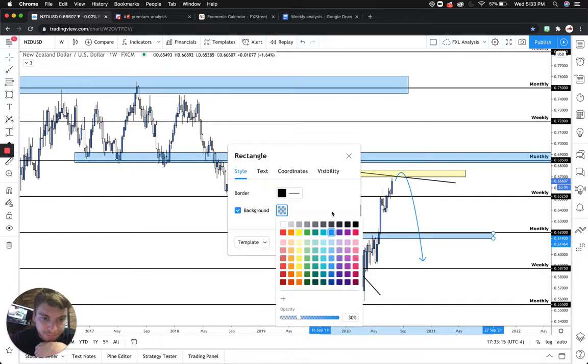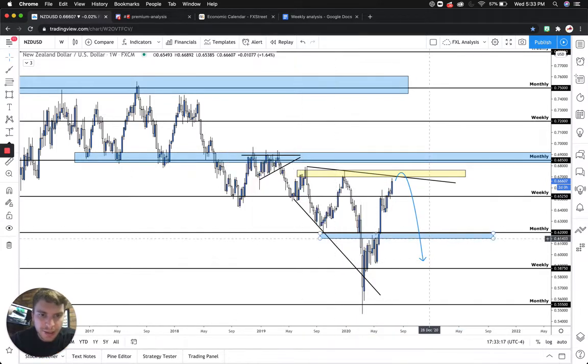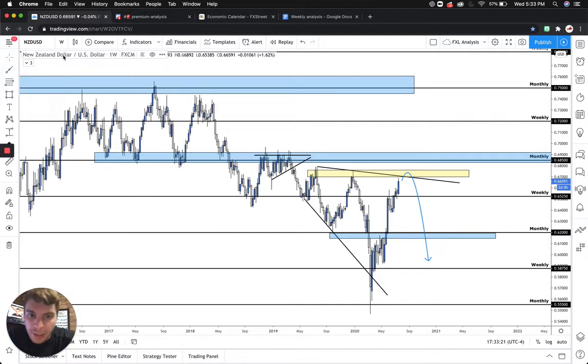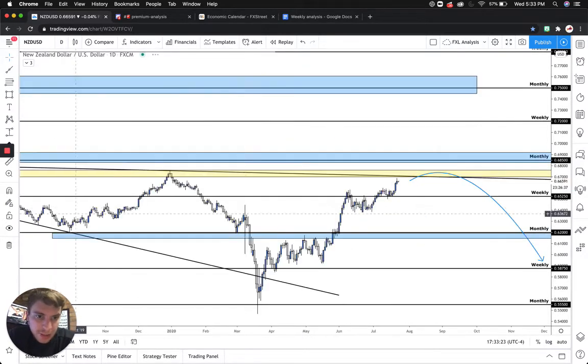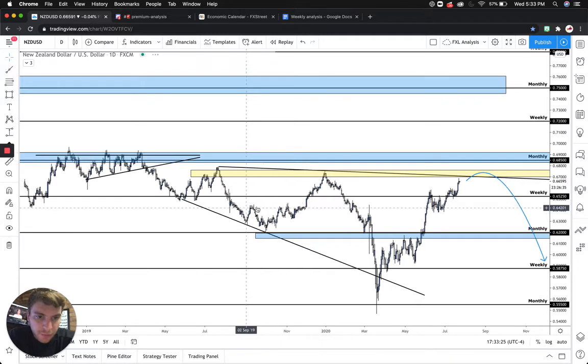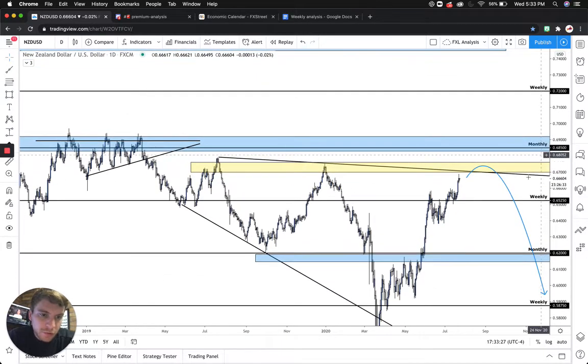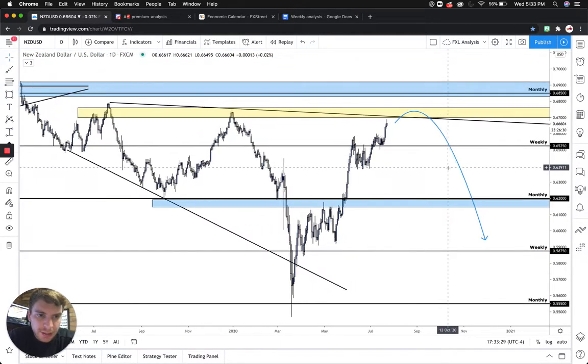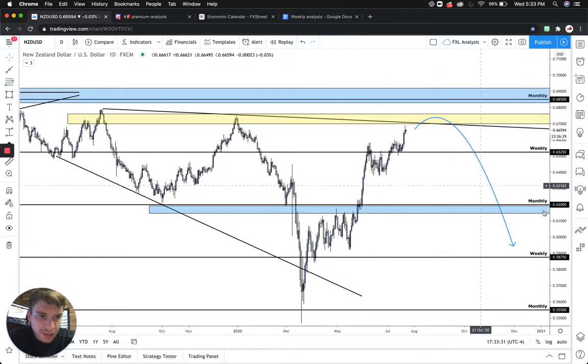But for now, I'm just going to leave this highlighted because this is our next target if we do see a reversal here. So we're still in the weekly. We got a little more ways to go, so let's drop to the daily. And again, same thing, we're looking for patterns, transitions, and just anything that's going to show us structure, clear price action